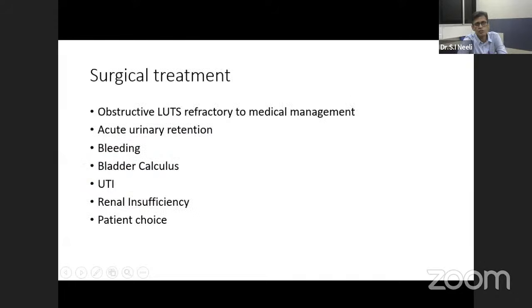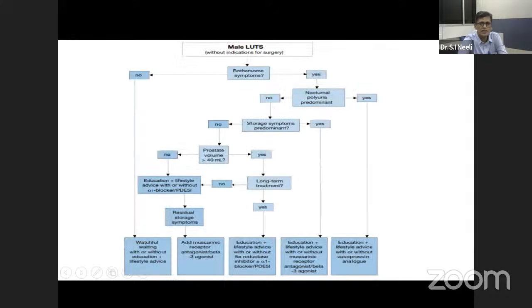When patients fail to respond to medical management, they are subjected to surgical treatment, either open prostatectomy or minimally invasive endoscopic treatments of the prostate. The other indications include acute urinary retention, bleeding, bladder calculus, recurrent infections, renal insufficiency, or if the patient wants surgery over medical management. So basically, this is a flowchart which indicates how to approach these patients with lower urinary tract